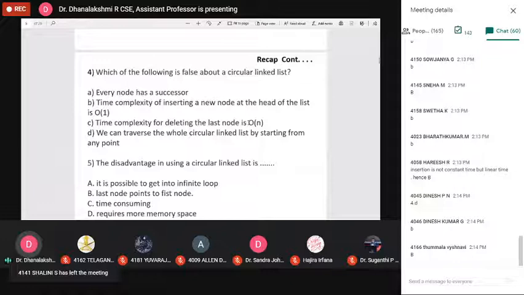This is false about the circular linked list. Why? Because in a circular linked list the last node always points to the address of the header node, so we have to traverse the list. Based on that, you can understand the question properly.